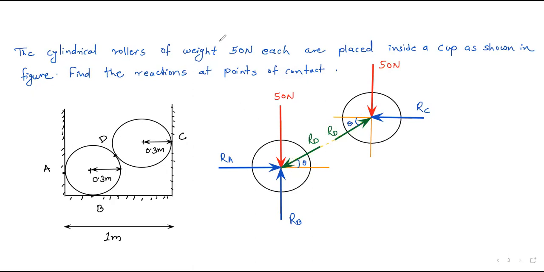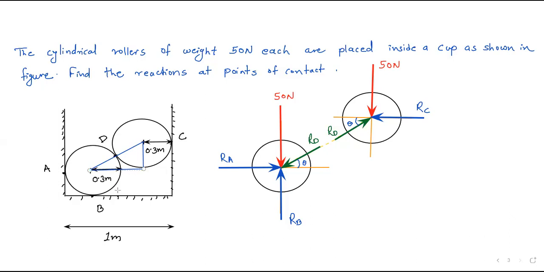Now in the main figure, if I join the points, this is the point which I can join. To calculate this angle, I will drop one perpendicular from this point. This is the perpendicular, and I will extend this horizontal line also. These two will meet at this point.